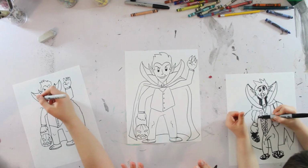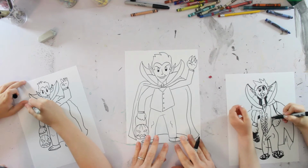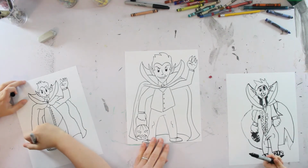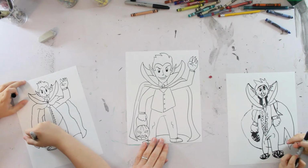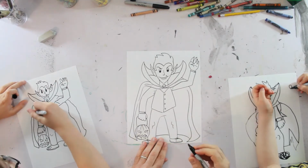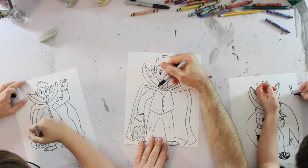So there's a couple things I'm going to do to try to tighten this up a little bit. And yeah, yours kind of looks like he's in a class, waving his hand. Yeah, maybe he is. Maybe he's waving to his friends out in the street going trick-or-treating. I'm going to add a couple wrinkles underneath the armpits where his arms are coming up. And then what I'm going to do is color in with black